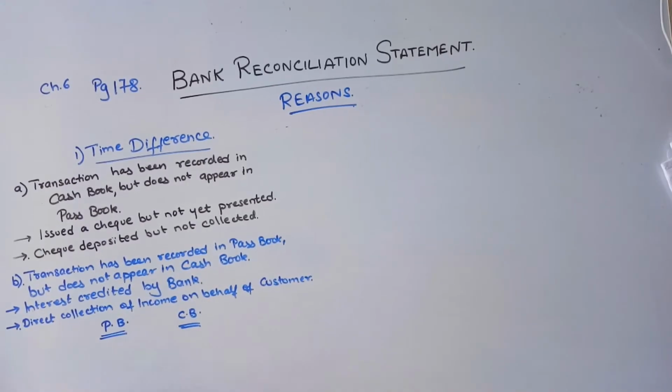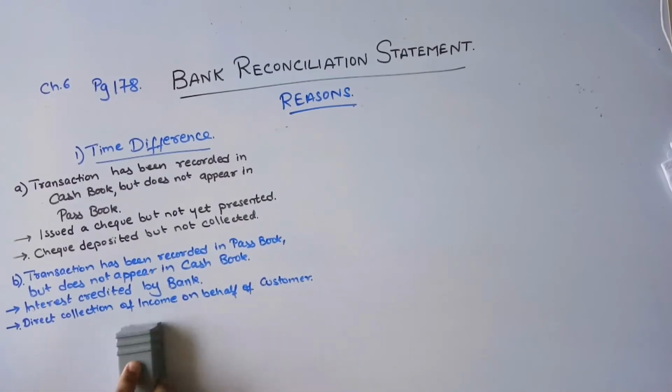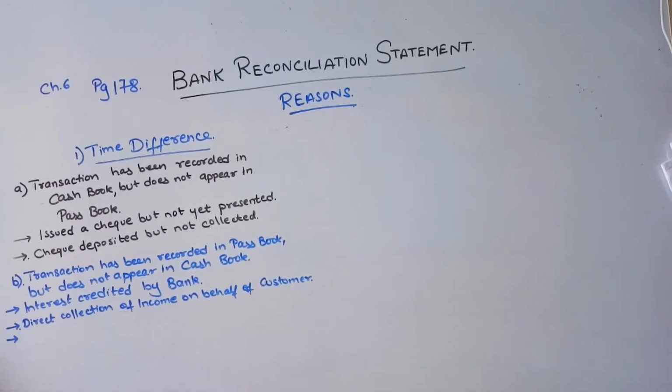So what happened, my passbook balance increased. But my cash book balance was yet the same. This did not increase, because I did not know about this transaction. This is leading to a difference in the cash book and the passbook balances. These are some of the common reasons which normally keep happening day to day, because of which there are differences in the cash book and passbook.